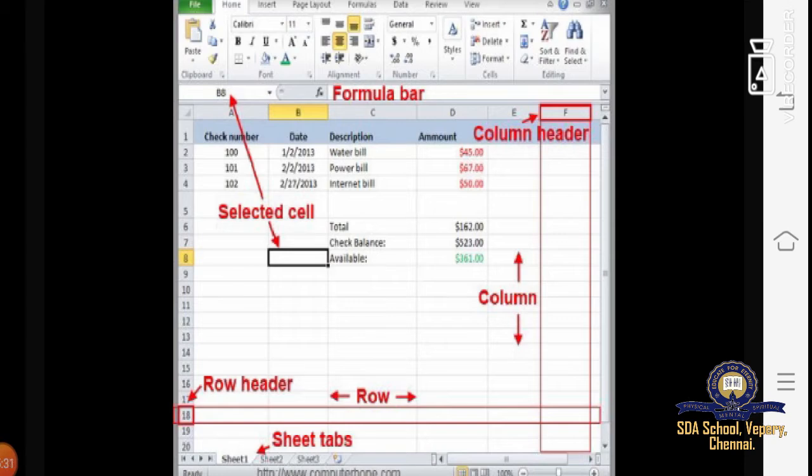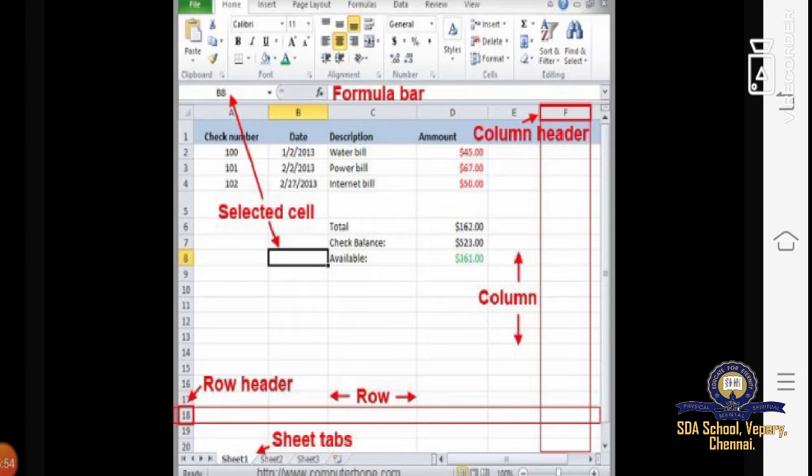In the middle you can see the column header, the selected cells, the row header, and the sheet tabs, showing how many sheets you have used in this Excel. You can open each sheet and check if there is any problem. You can delete them.